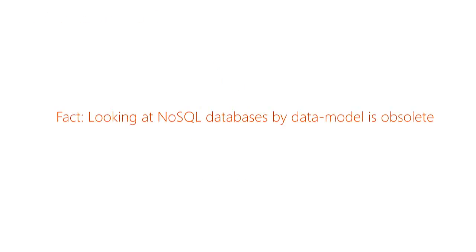One thing that I think is a bit of a misconception, this is just how NoSQL has evolved. A lot of people tend to categorize NoSQL in terms of the data model. So you might be used to seeing people say, oh, that's a key value store, that's a document store, that's a wide column, that's a graph store. The thing is that almost every modern NoSQL database is moving into a multi-model world. So if every new NoSQL database supports every data model, then how do we actually differentiate these products?